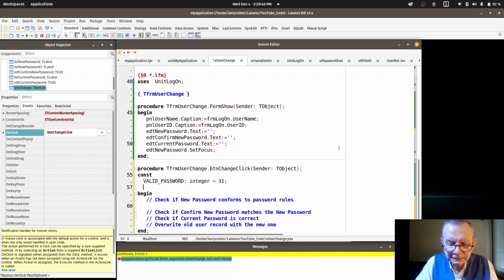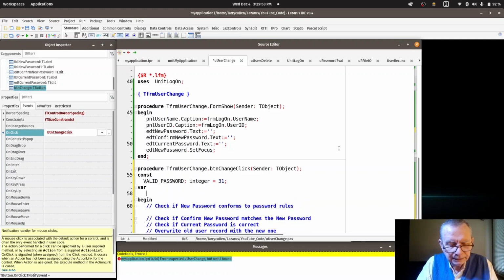Okay, and now we've got variables, and this is going to be istat, and istat, and it's an integer. Okay,